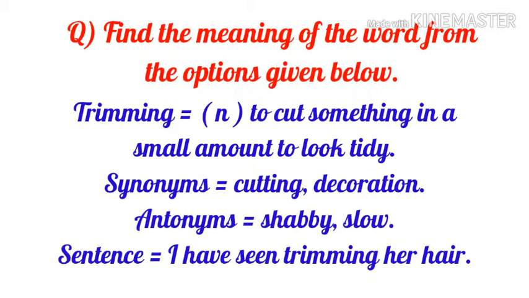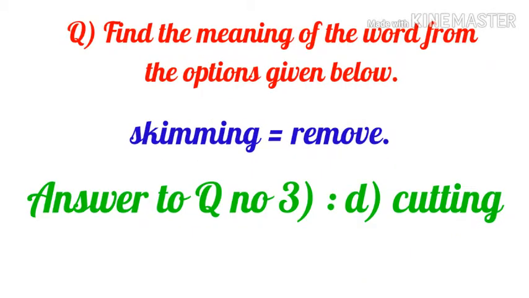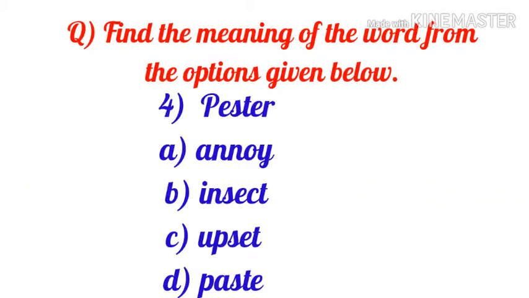And its options are skimming, arranging, planning and cutting. Skimming means removing. So it can't be the answer to the word trimming. Arranging is a very simple word, you know the meaning. Planning is also a simple word, and cutting is an option to the word trimming. So its answer is option number 4. That is option number D, cutting. Clear? Today I have taken very simple words. Okay. Now let's come to the 4th